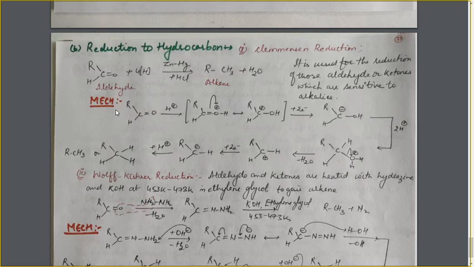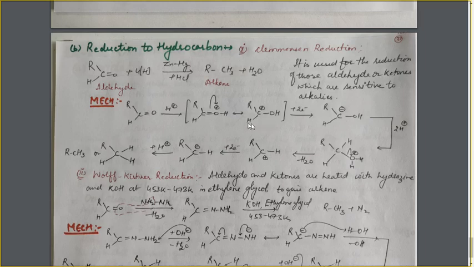Now let's see what the mechanism of this reaction is, how the reaction is taking place. This is the aldehyde molecule, and this lone pair of electrons on the oxygen atom will participate in the reaction. The H positive ion, which is supplied by the HCl molecule, will protonate this oxygen atom. Same case as earlier, this positively charged species is formed. As a result, there is resonance and these two species will be there.